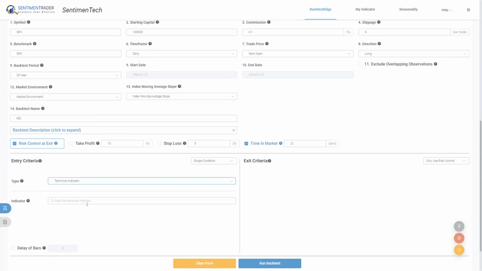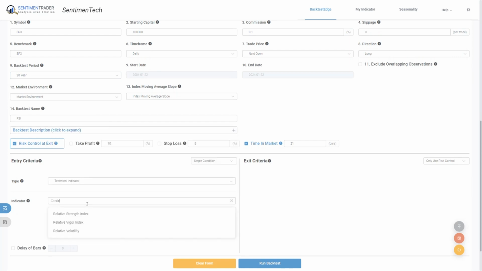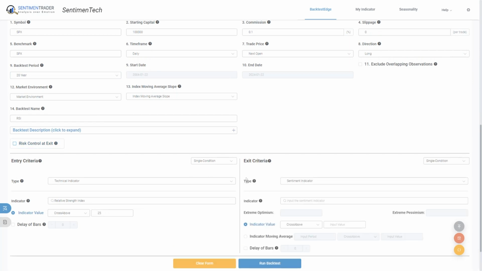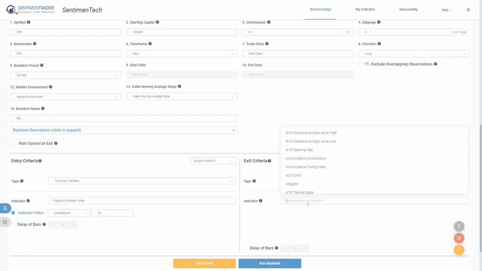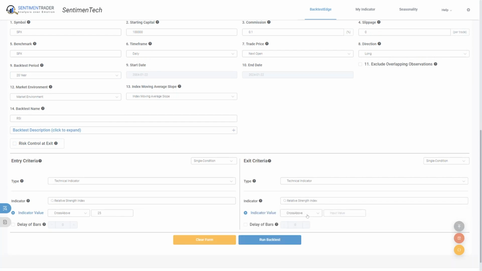Under Entry Criteria, click on the Type drop-down menu and select Technical Indicator. Then, move to the Indicator drop-down menu, search for and select Relative Strength Index, and then choose Cross Above 25. Under Exit Criteria, select Technical Indicator and choose Relative Strength Index as the indicator and cross below 75. This way, we can buy in the oversold area, sell in the overbought area, and follow the market momentum to